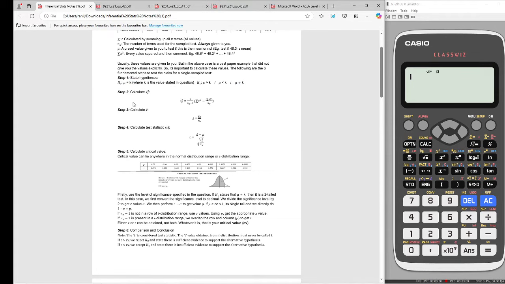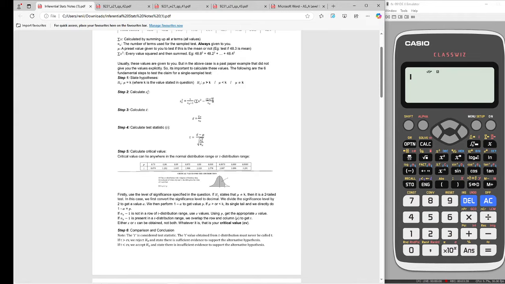Moving on, step 2, calculate S2x. This is what we call the unbiased estimator of x. To calculate S2 of x, we need to use the formula over here as shown, and there is another formula for this. I'll come to that when solving the questions, but when you plug in this exact formula, you're going to get S2 of x every single time. So 1 divided by the number of terms minus 1, which is the degrees of freedom, multiplied by sum x squared minus sum x whole squared